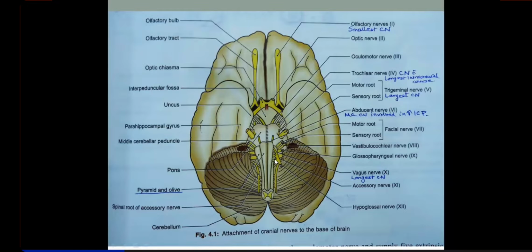Then from the pons, 5, 6, 7, 8, these nerves will be arising from the pons. And among these, from the upper pons, it is the fifth, the largest cranial nerve. Fifth nerve is the largest cranial nerve. It emerges from the upper portion of the pons. And you know that fifth nerve also supplies one of its components, the structures derived from the first branchial arch. So that means it also has a motor component.